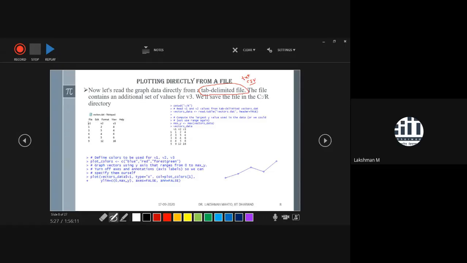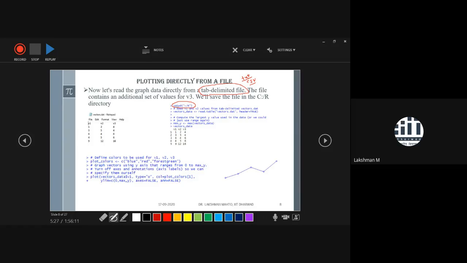There are many ways you can create several data. You can put it in a file. So where will you put that file? There are two approaches to import a file in R. One approach is that you fix a directory for your R, and in that directory keep all the files. There is a command, the set directory command. Through this command you can fix the current directory of R.